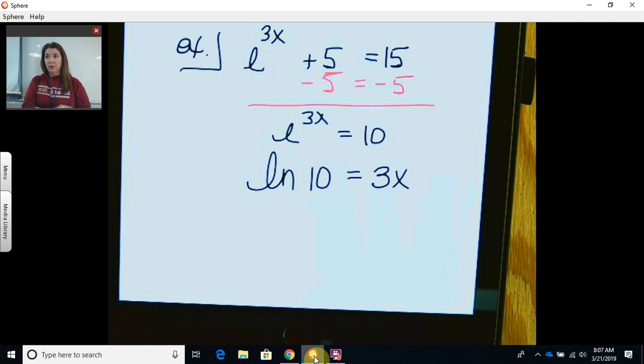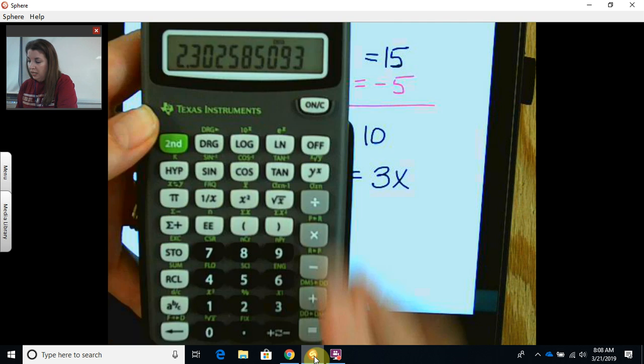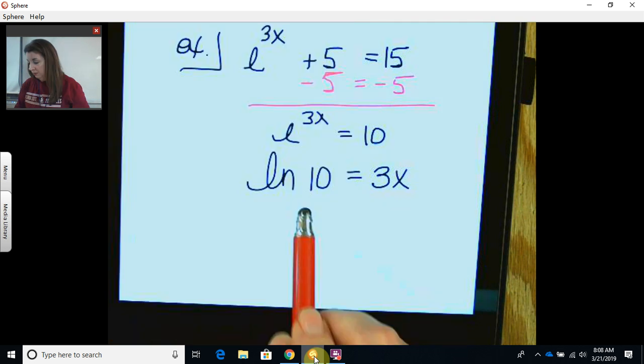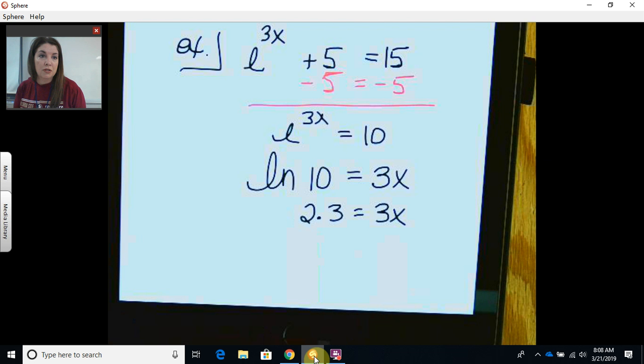Right, figure out what the natural log of 10 is in our calculator. So we have 10 natural log, and that's approximately 2.3. Of course, the closer you round, to the hundredths or thousandths place, your answer is going to be more precise than the tenths place. Then we're going to divide by 3. Bless you. And x is approximately